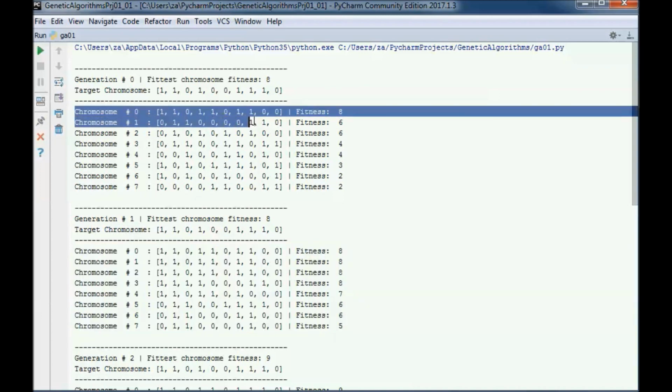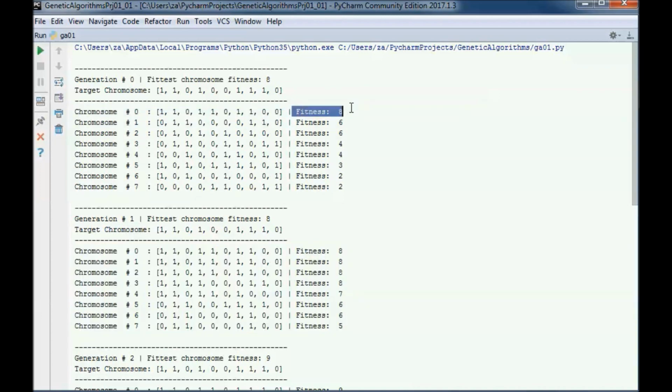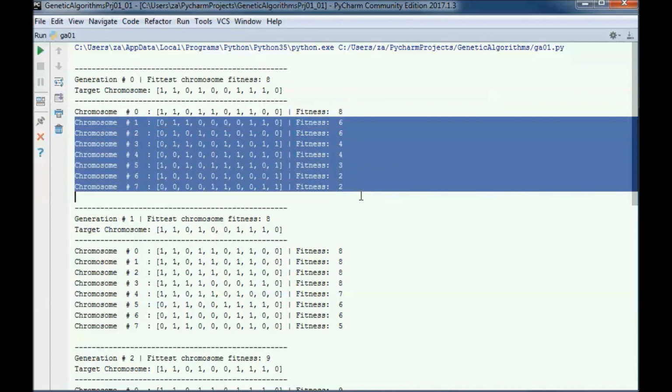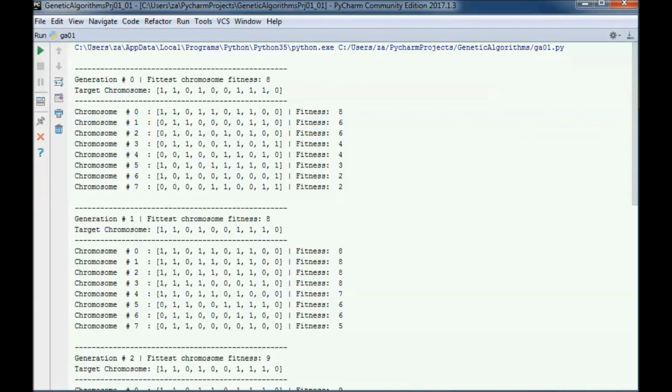So for example here this chromosome has a fitness of 8, and it is the highest fitness in this population. And what fitness means here is how many genes are the same as the ones that are in the target chromosome. So here we have 8 genes that are the same as here, and each one of those is a gene,